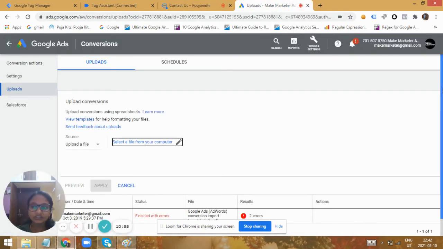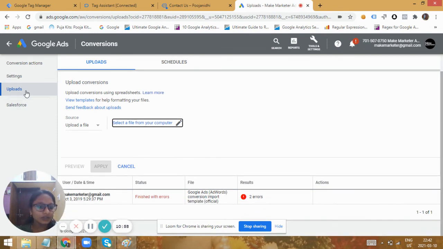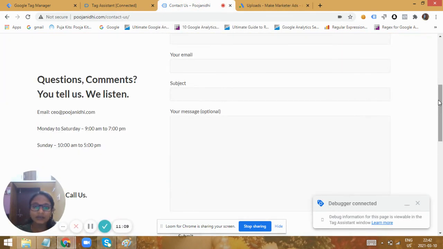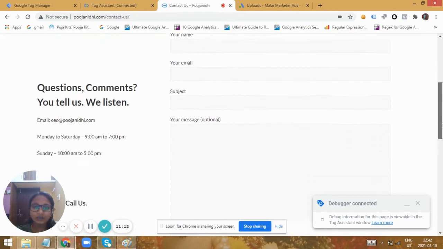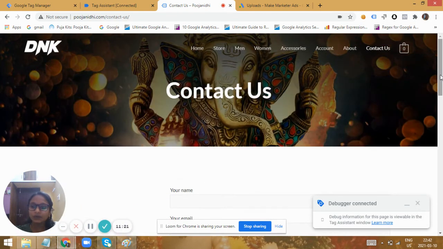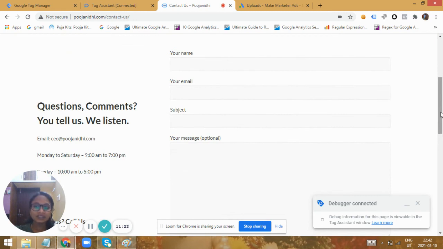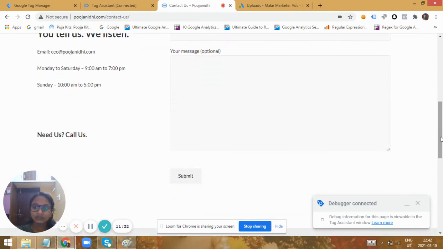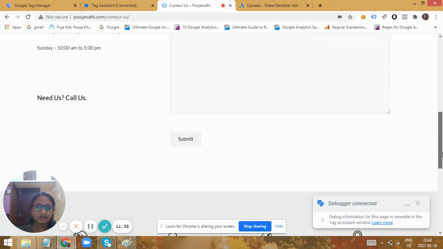upload the conversion, like here in Google Ads, you can upload the conversion tracking data in this uploads section, and you can upload the file. In that file you can mention the GCL ID and the other details that were submitted by the user in that form, and then you can map that particular user to the ad. This is the way we implement conversion tracking with the advanced tracking techniques we have. We can implement and track anything using GTM, and this kind of technique is taught in a bootcamp, and we also implement such solutions in the agency for the most challenging issues.